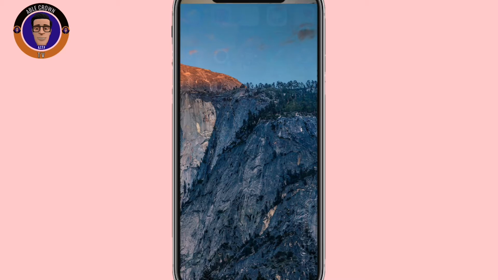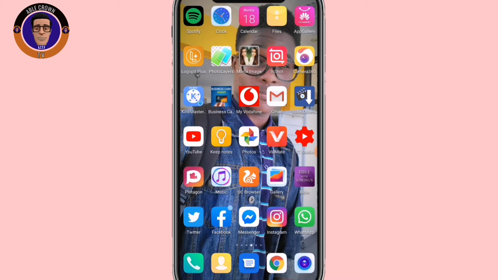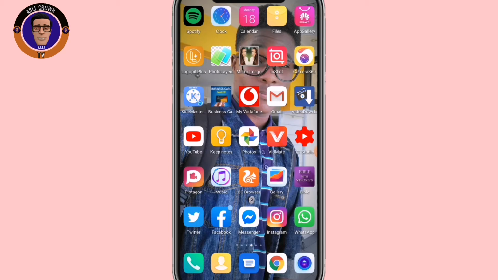Snap that exact place. Then the second step, you go to your YouTube in case you want to use any effect, you want to disappear. First of all, you go to your YouTube and download any effect. Like in this video I use a smoke effect, so any effect you like, you go to YouTube and download the green screen effect. Any type of effect you want to download, make sure it's green screen so that you can remove the green screen and use only this effect.